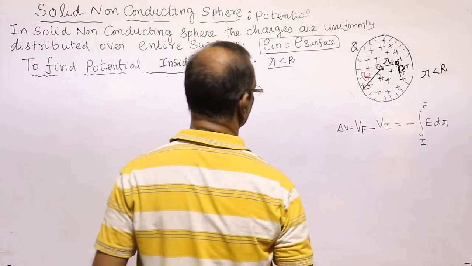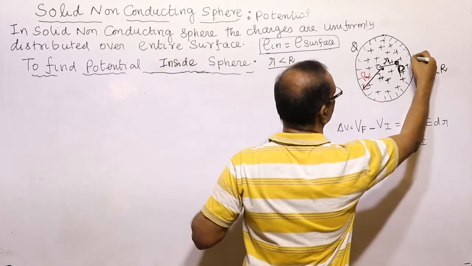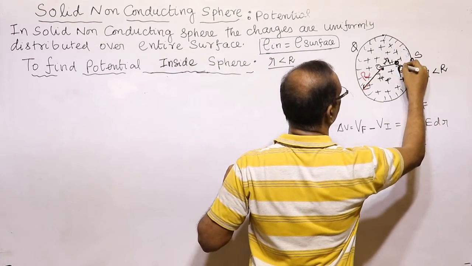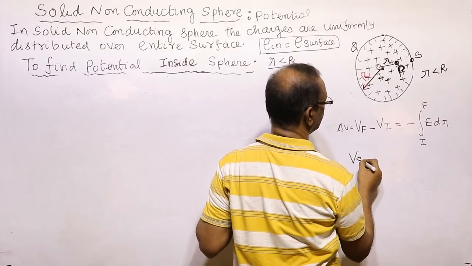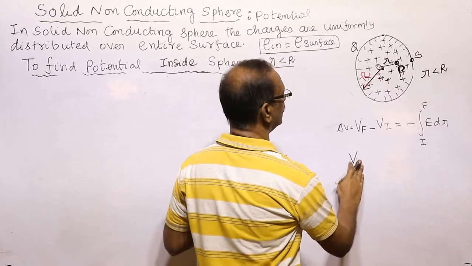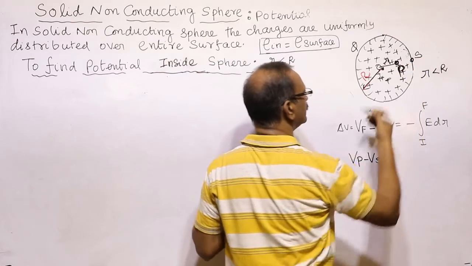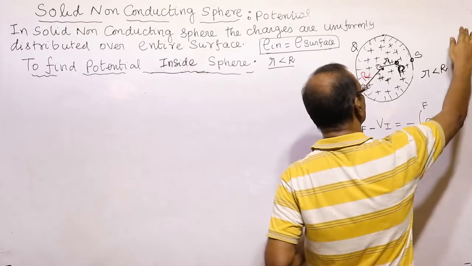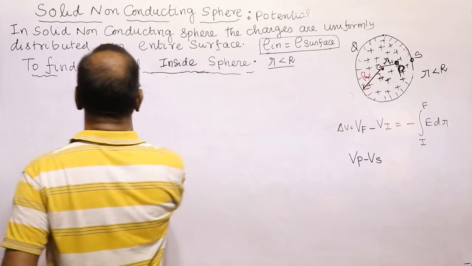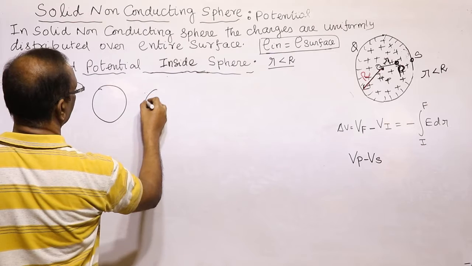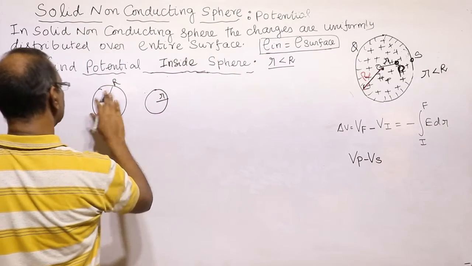First, we know this is a change in potential. Change in potential means, see, this is the surface, and this is point P. Potential final is at the point P, minus potential initial at the surface, because we have already brought the charge from infinity up to the surface, and now we are bringing it from the surface to the point at distance r. For simplicity, take this bigger sphere with radius R, and this smaller sphere with radius r, which is inside.